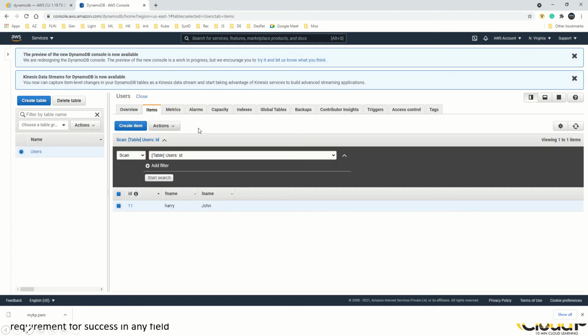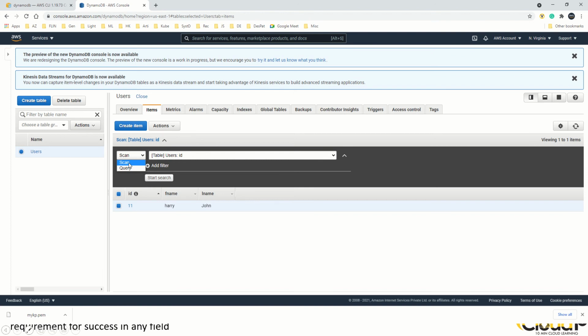So now that we have added the item, there are two options that DynamoDB provides. One is scan and the other one is query. Query is preferred when I want to do some kind of query on my primary key, that is ID. And if I want to do any kind of filtering on my DynamoDB table, then scan is preferred.